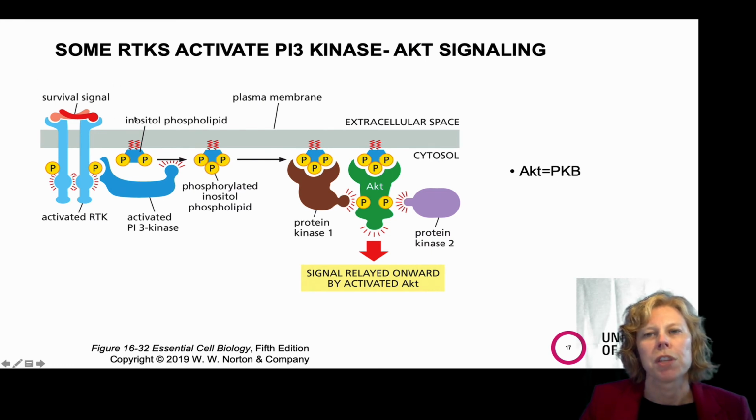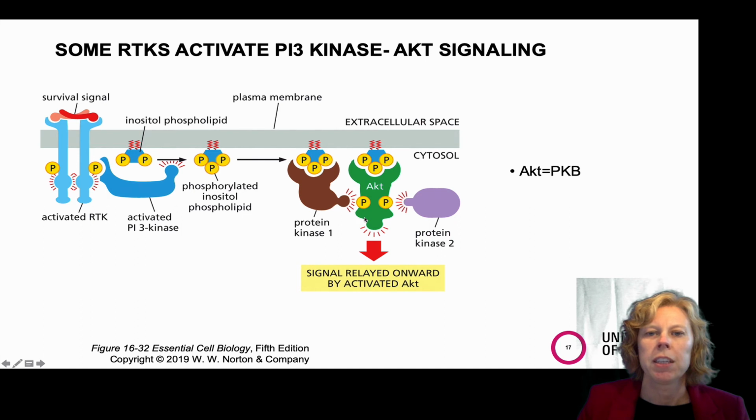Extracellular survival signals, such as IGF, activate an RTK that recruits and activates PI3 kinase, or phosphoinositide 3 kinase. PI3 kinase then phosphorylates an inositol phospholipid, which is embedded in the cytosolic side of the plasma membrane. This phosphorylated inositol phospholipid attracts intracellular signaling proteins. One of these signaling proteins, AKT, or protein kinase B,